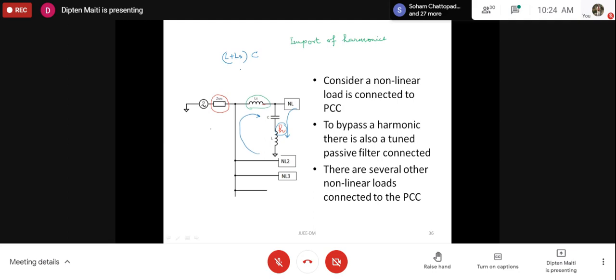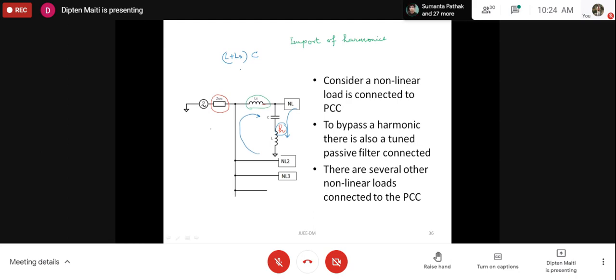First aspect is that it would increase the impedance. If you consider a harmonic, the harmonic frequency is higher compared to the fundamental. So as the harmonic order increases, the impedance of the LS, because that is proportional to omega L, so proportional to omega also, increases. So due to that, it would restrict more and more higher harmonics.